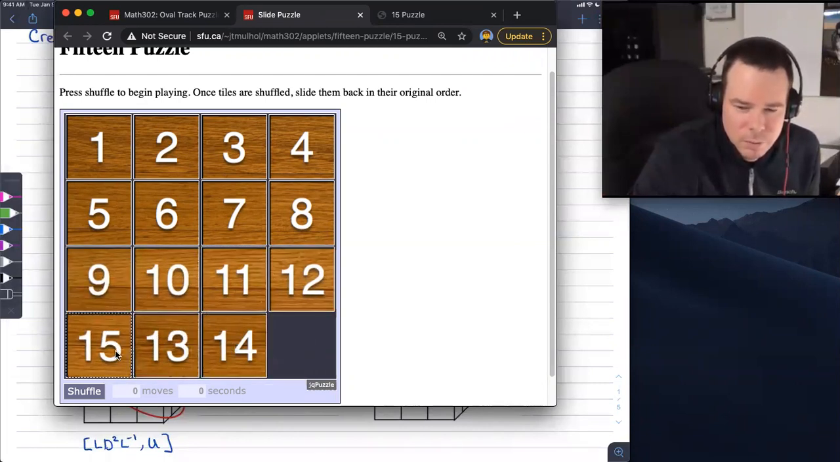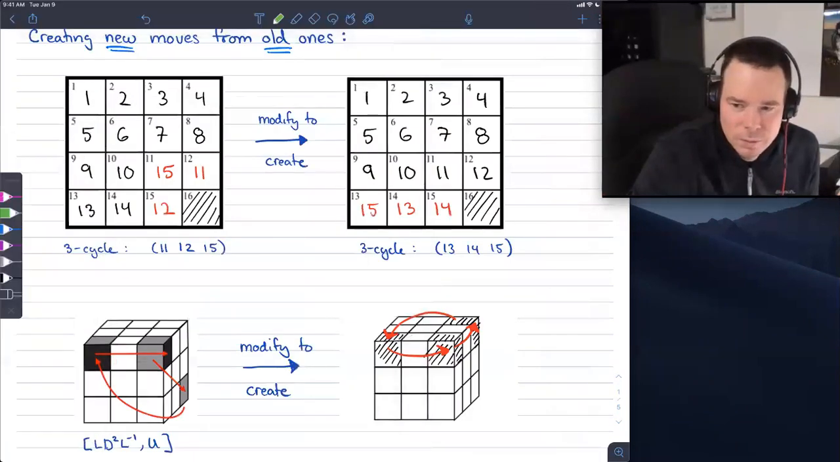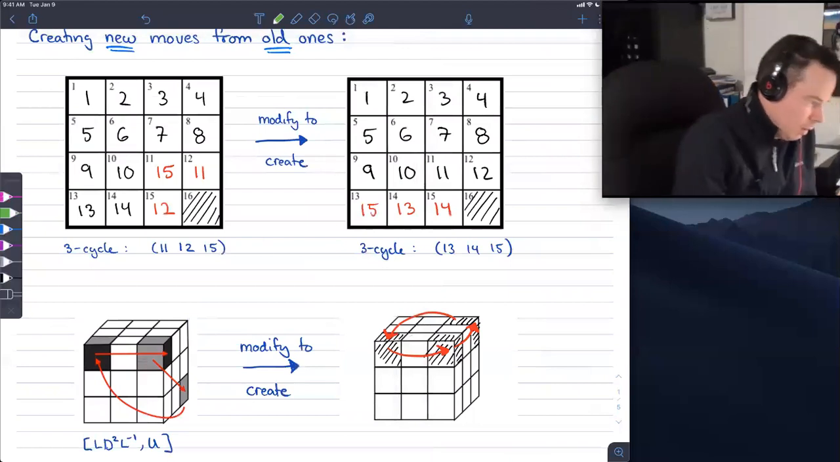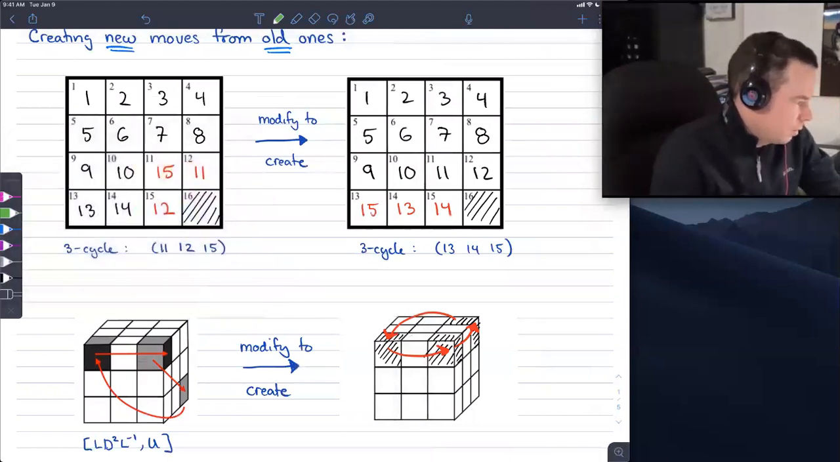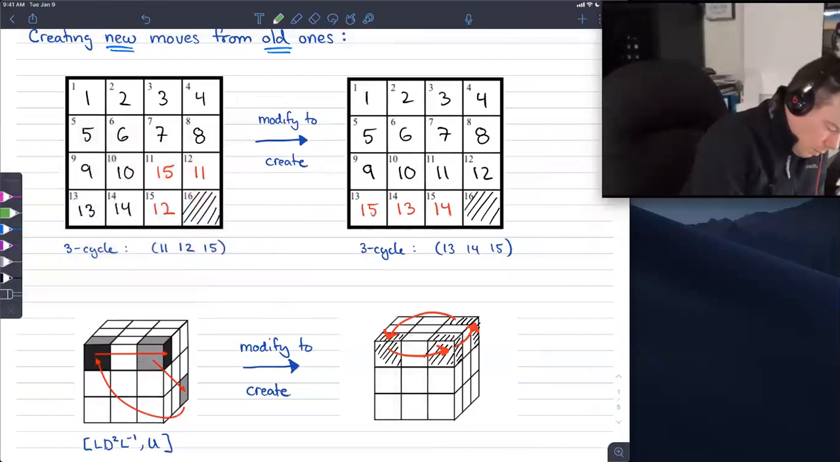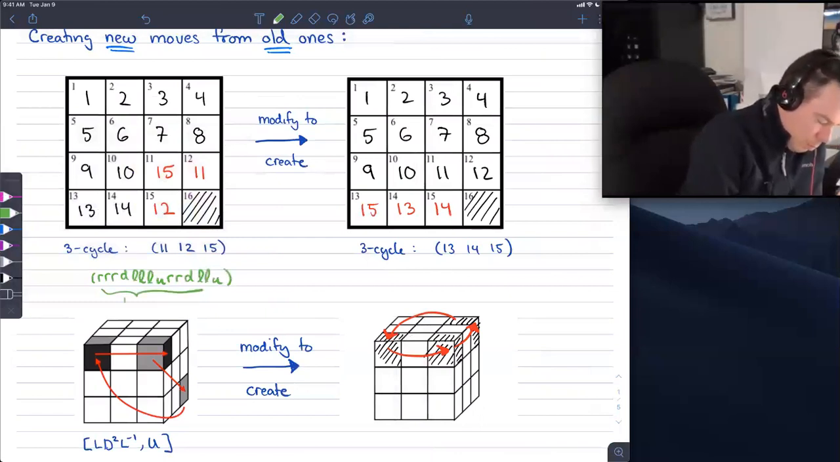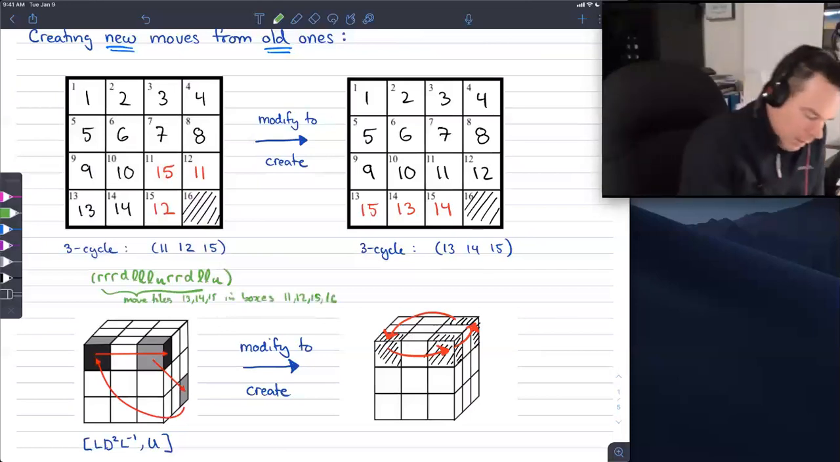And there we go. We've done our 3-cycle. So what we've done, I'll write it down here, is we've done a 3-cycle that effectively looks like this. We've done an R, R, R, D, L, L, L, U, R, R, D, L, L, U. That was basically move tiles 13, 14, 15 into boxes 11, 12, 15, 16. Basically bring them all together and then do the fundamental 3-cycle that we know how to